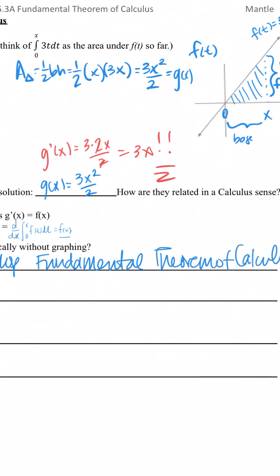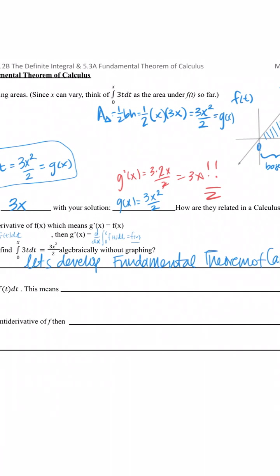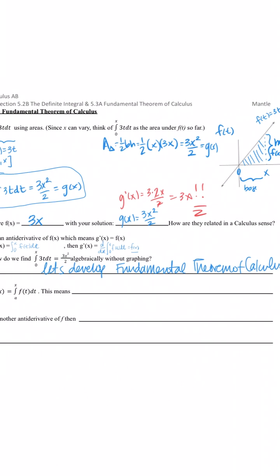All right, so let's go back again. So we said that if g of x is equal, okay, now notice that I've replaced the 0 at the bottom with a. That's okay. It can be any number. It doesn't have to be always at 0. It can be at any constant. So this right here is any constant. Okay, so if g of x is the integral from a to x of f of t dt, this means